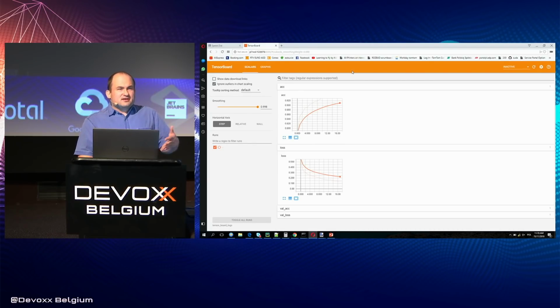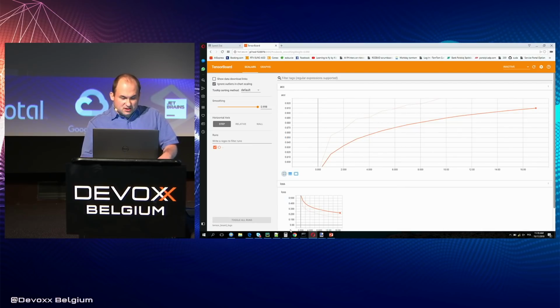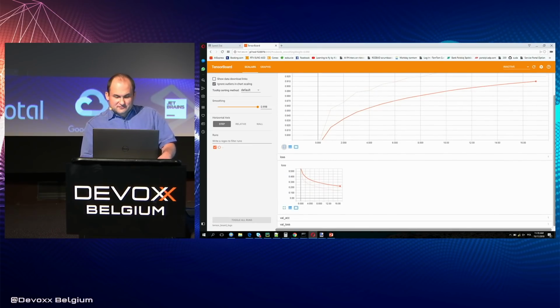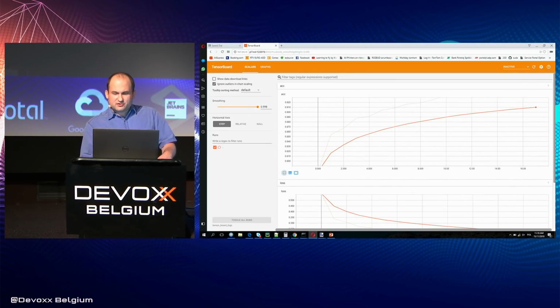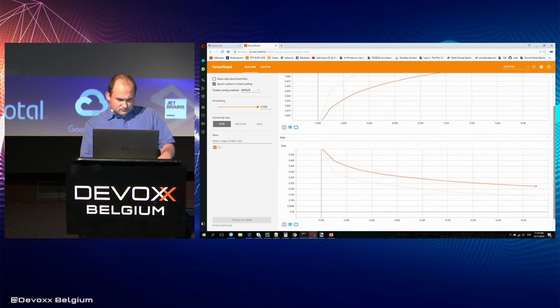I didn't add any special characteristics to show here. It's only accuracy and loss, but it shows a general idea of how it can be used for watching how your training is going.